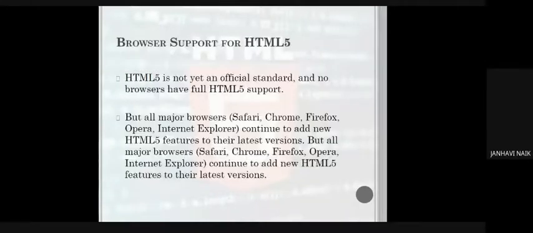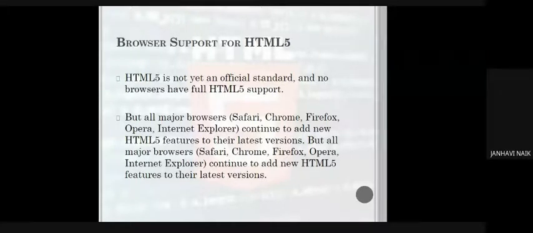Just before that, a small part to cover: browser support for HTML5. As I said, if you have a particular version of browser, then only HTML5 programs will work. Now suppose I have a Google Chrome version which is 3.0. I have my HTML file.